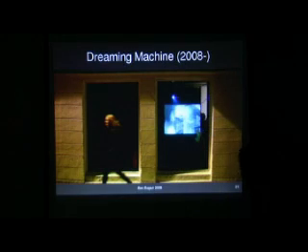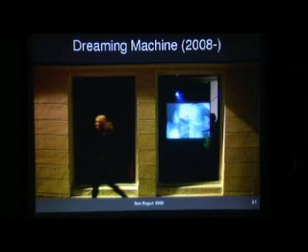In this particular version of Memory Association Machine, the quality of how organized things were was very, very abstract, partially because the size of the memory was so small, it could only fit so many memories inside it, and also because of how I was rethinking the technical details and the artificial intelligence part, which we don't have to worry about too much. So Dreaming Machine started as a reconsideration of Memory Association Machine in 2008, and it was